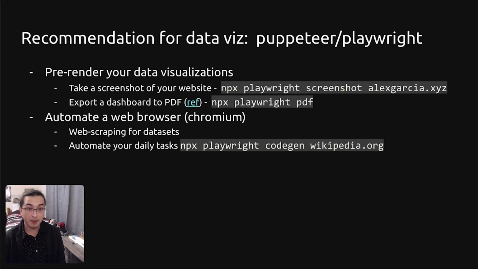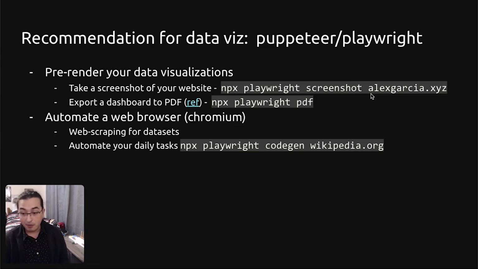Next up, Puppeteer and Playwright are open source tools that you could use to automate an entire web browser. Playwright specifically has a command line interface that you could use to pre-render your data visualizations. For example, if you have a website that hosts your data visualization and you just want to take a quick screenshot of it, instead of opening up your web browser, going to the website, clicking on things, and using a screen capture tool, you could use Playwright to directly call a screenshot command on your website, and it will open up a browser, take a screenshot, and save it as a file onto your disk,